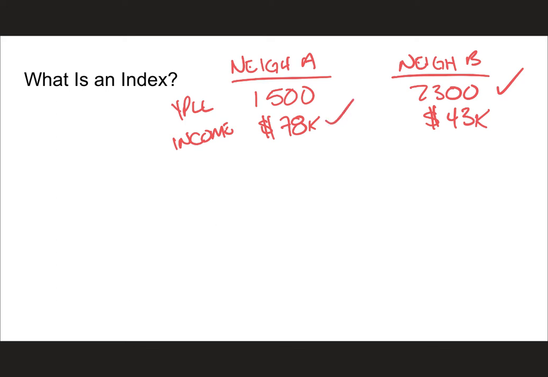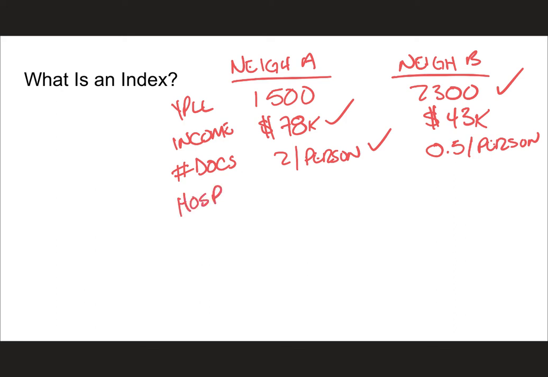What about number of doctors? What if they have 2 doctors per person here, and over here they only have half per person? Then neighborhood A wins. What about hospitals? What if they have 5 hospitals here, but there are 7 hospitals over here? Then neighborhood B wins. So you can see it'll flip back and forth, and the way to say which one